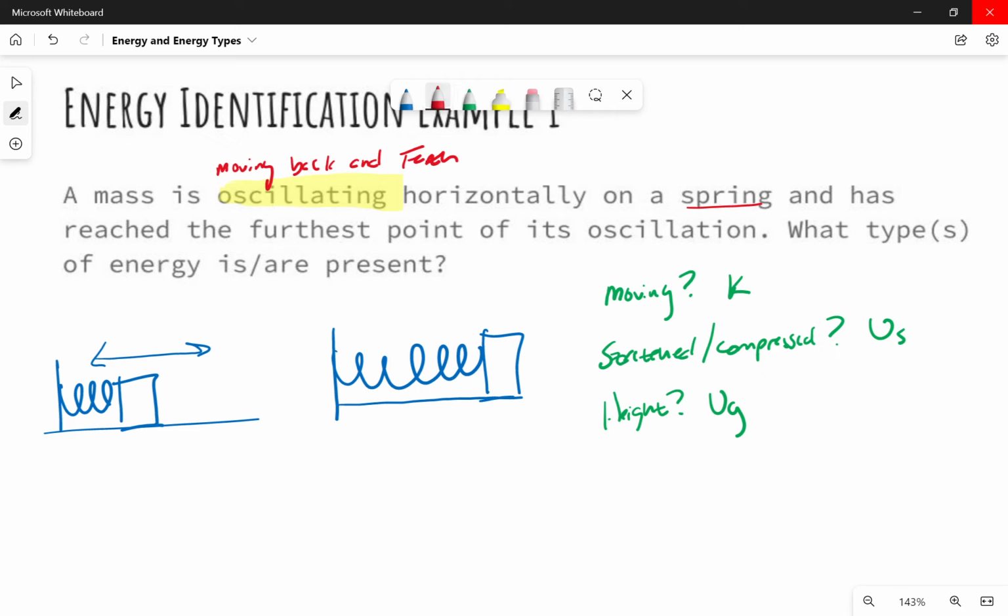So if I'm looking for this one, let's start with the obvious. Is it stretched or compressed? Yeah, there's this spring here that is stretched as far as it goes. So I've got potential spring. That's an easy one. We can see there's no vertical motion, so there's no gravity. That one's out. And then last, we have to ask, is it moving? And here, the key that it's at the furthest point is going to be critical, because if it's at the furthest point, it's kind of turning around, we could say. And if I'm turning around,